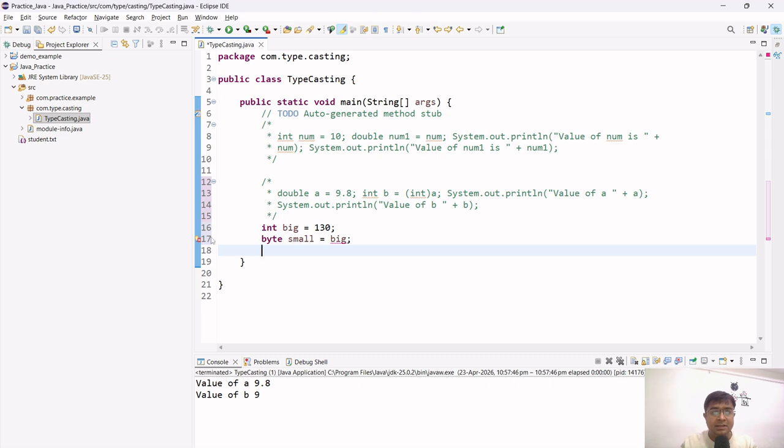Now you can see I got the error here. Type mismatch, cannot convert from int to byte. You are getting this error because you're going out of the range. So what you need to do is typecast this manually, and I'll convert this to a byte by using this parenthesis. Okay, so if I print this value,